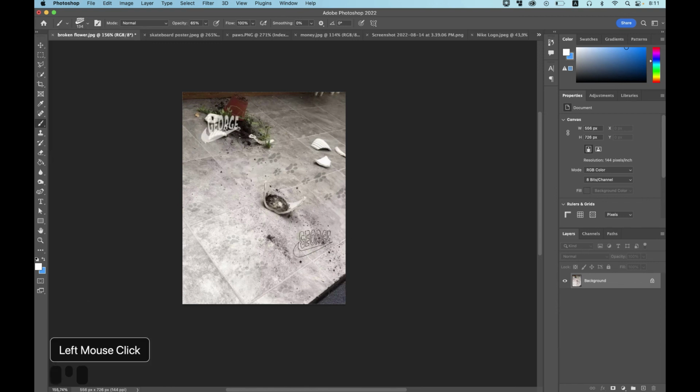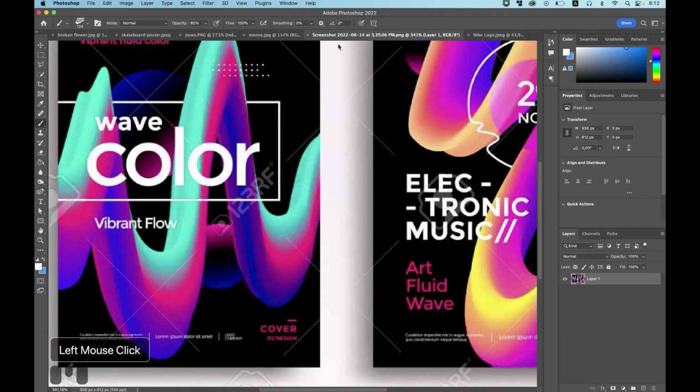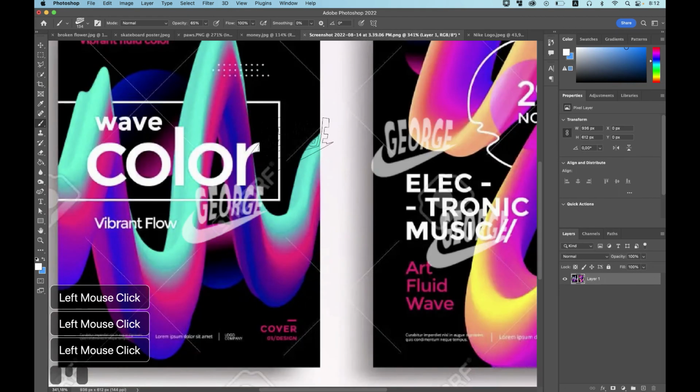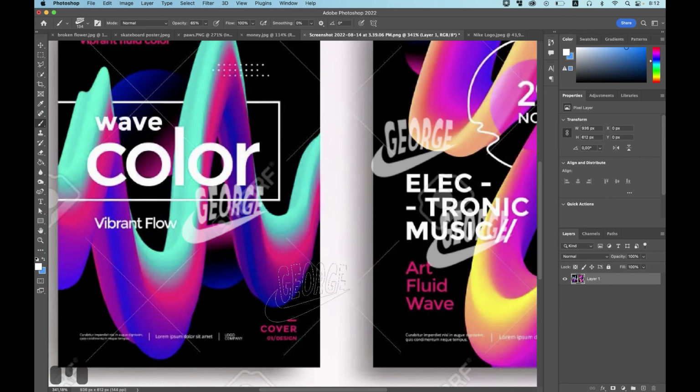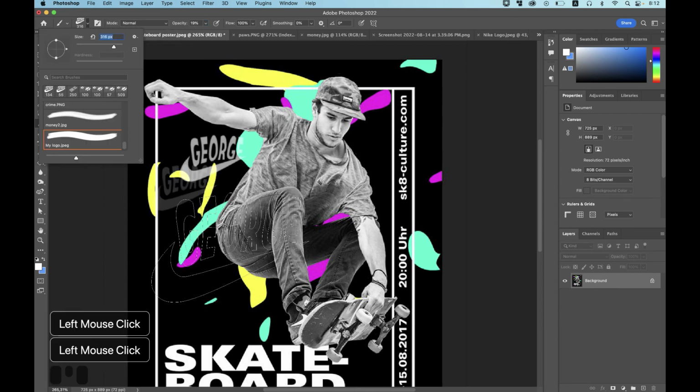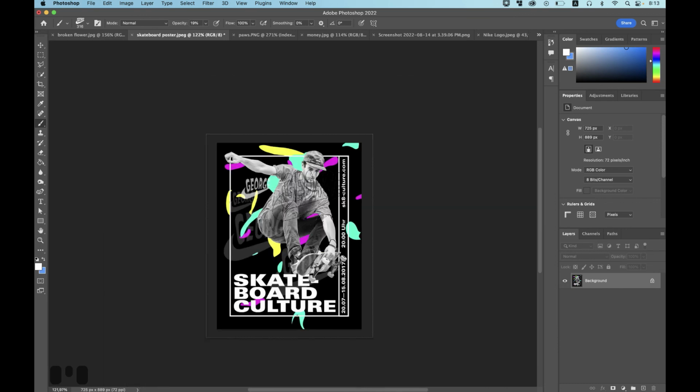And by simply clicking right over the image, like in this case, I can create my own logo on any image, on any case, and save it with my watermark. I can do that with any opacity, with any size, and now I've got my own watermark.